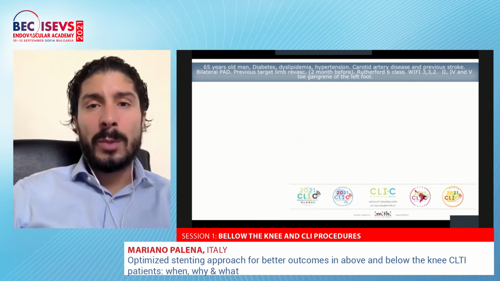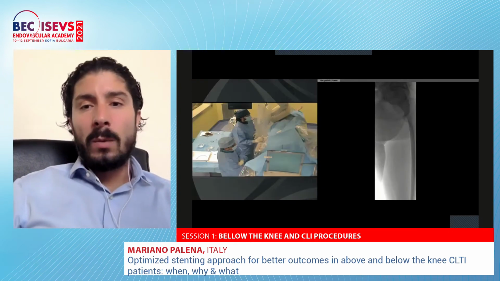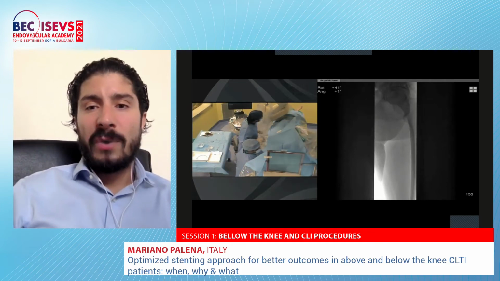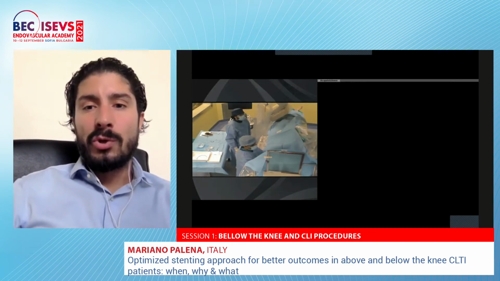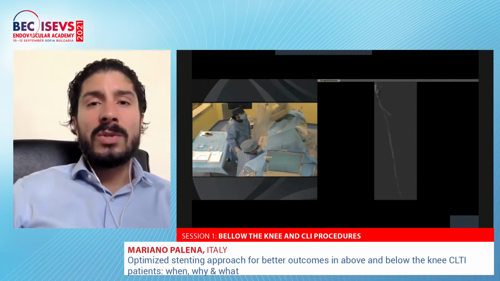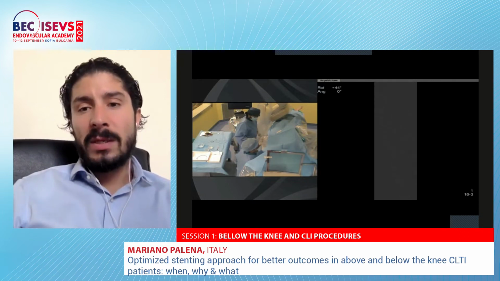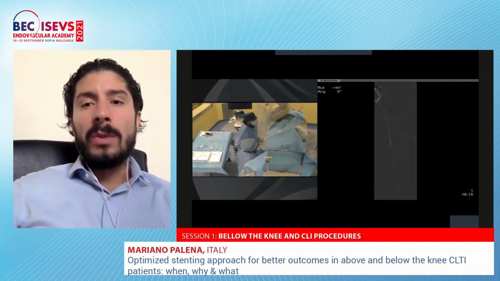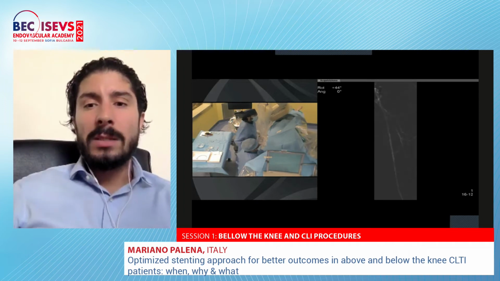So the previous treatment was not so useful for the patient. What I did was an antegrade access in the common femoral and deploy a short sheath. This is a CO2 angiography, this is my standard of practice, that allowed me to see